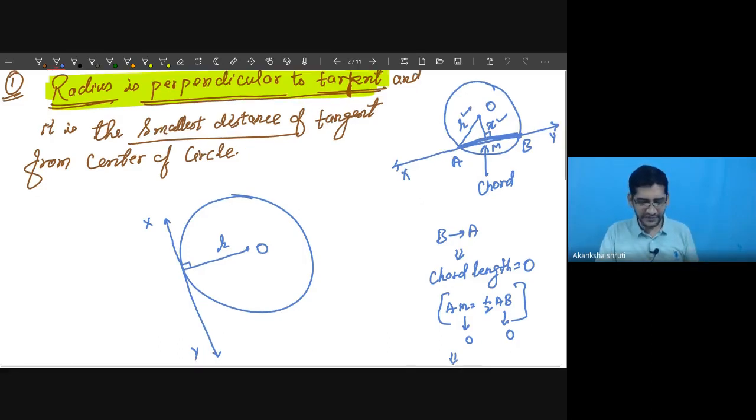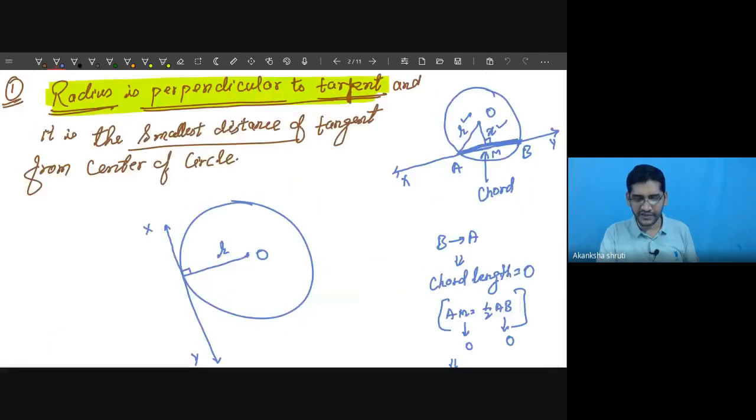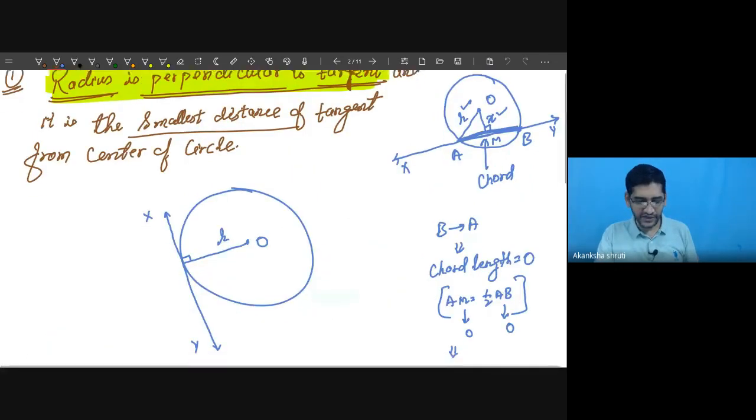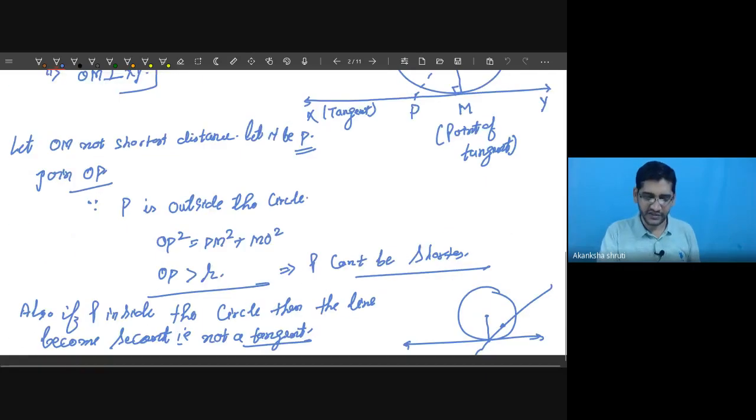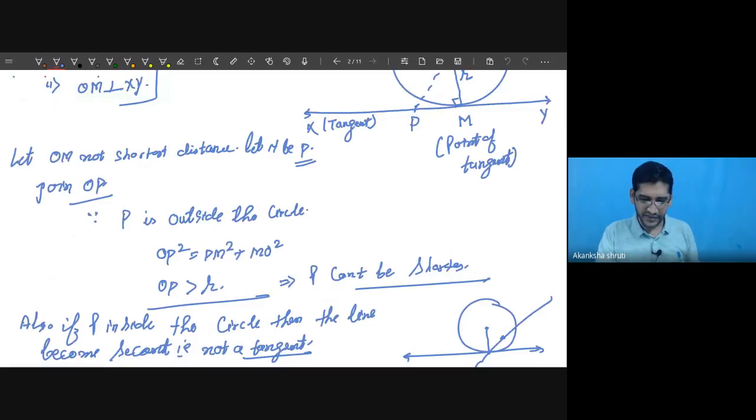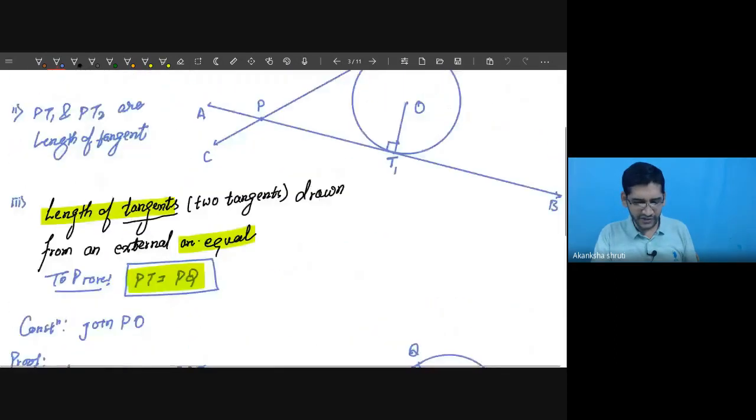And we have explained it by two methods. First, by considering the chord, bringing the chord length to 0, that method. And another explanation I had given, if the P is outside or inside, then either it will be shorter or longer. If longer, then it will not be perpendicular, and it is not possible to be a tangent. If it is shorter, then it becomes a secant. It was that.